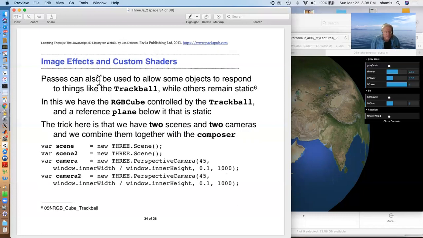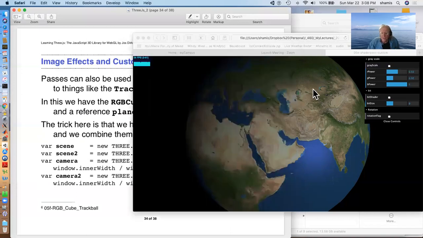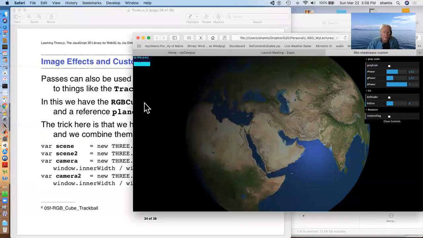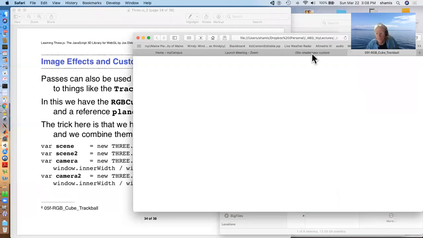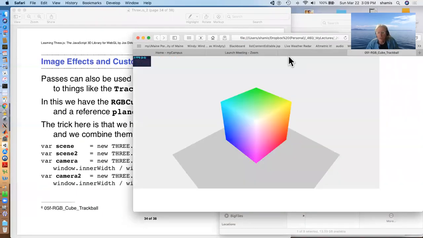Passes. So that's how this all works, and that's very cool. Now, another trick that we can do with this is, let me turn this off,